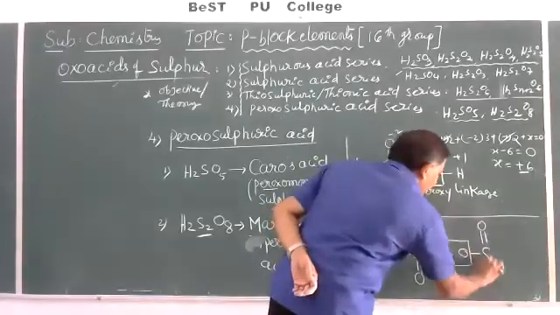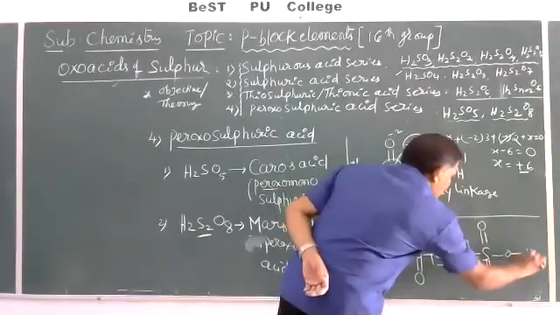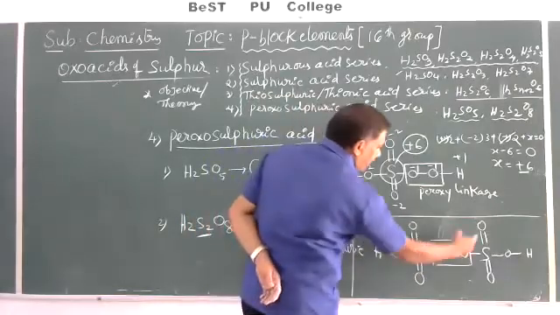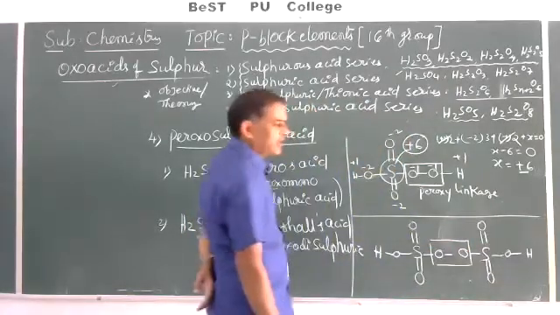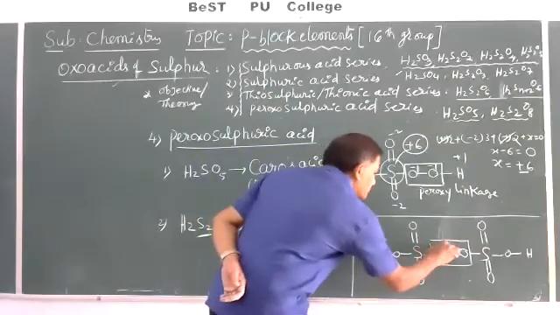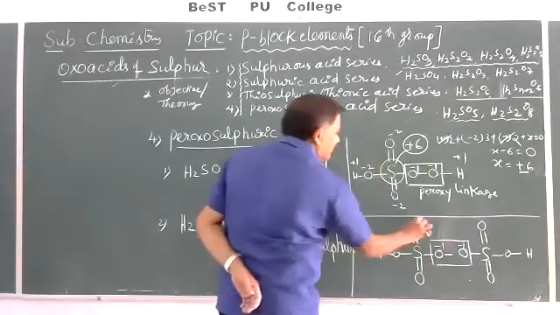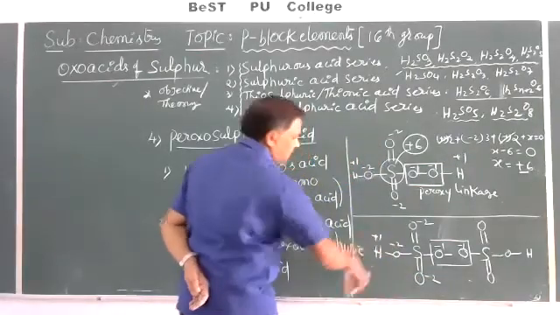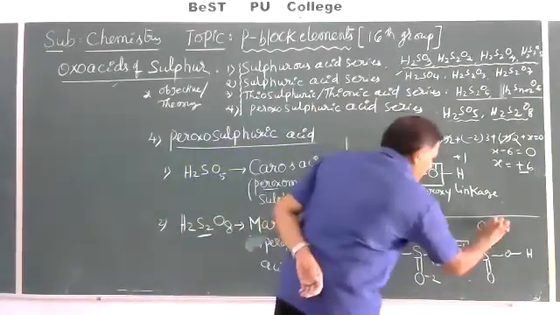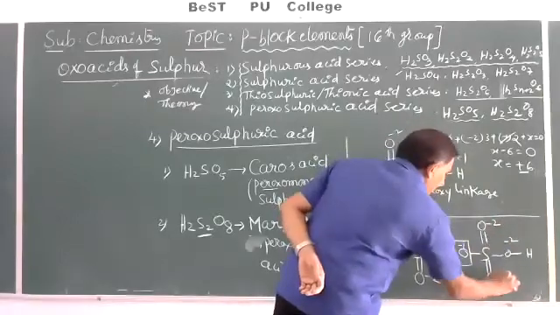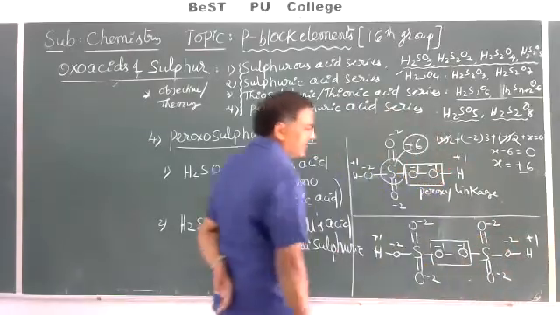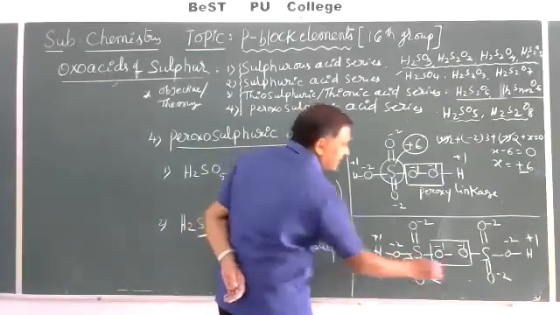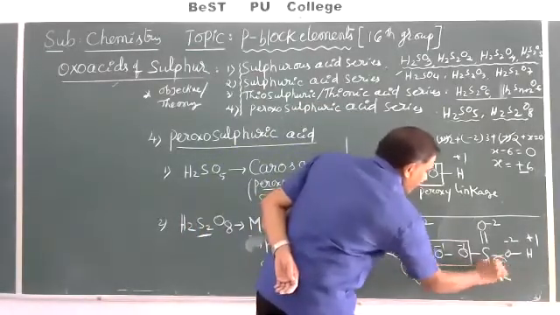Now this is the OH group. Count here: 1, 2, 3, 4, 5, 6, 7, 8 oxygen atoms are there. For this it is minus 1, but for this minus 2, it is plus 1. Now here also minus 2 and minus 2, it is plus 1. So on an average here it is a plus 6 oxidation state. It is a plus 6 oxidation state. Very, very important.